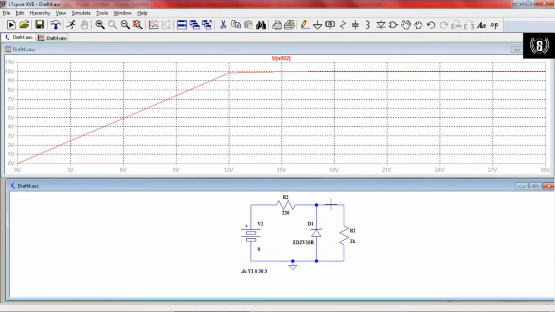So just to place it here, you can see until 10 volt output voltage, the voltage is increasing along with the input voltage variation, and when the output voltage reaches 10 volt, then it is maintaining constant irrespective of the input voltage you are applying to the circuit. So you can copy this circuit and use it for your reporting purposes. This is how the simulation of line regulation of Zener voltage regulator is performed.